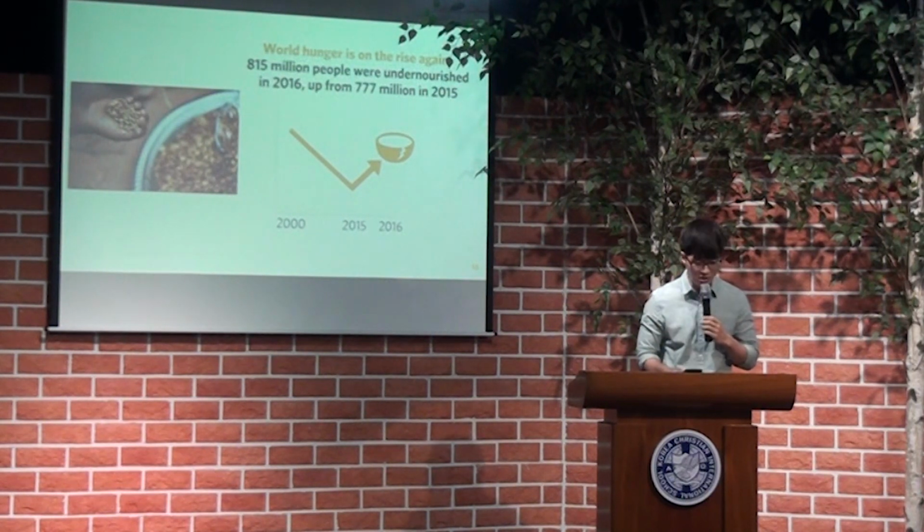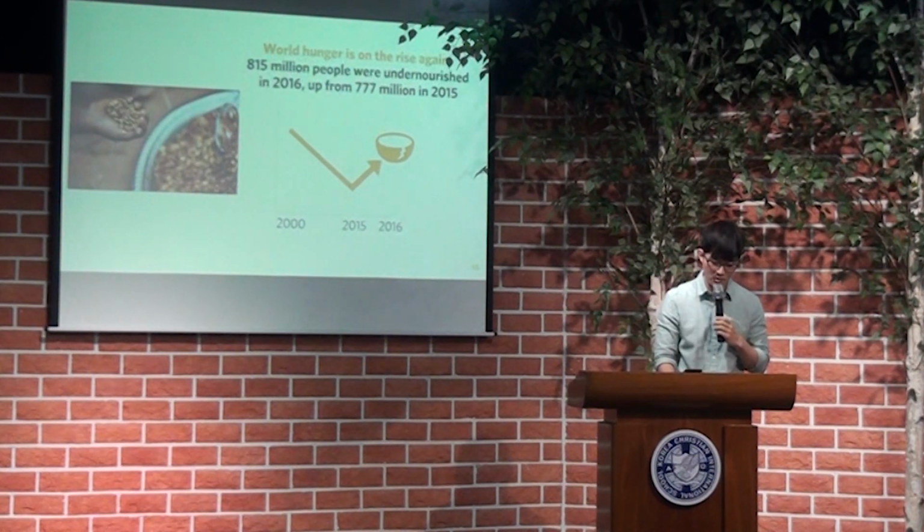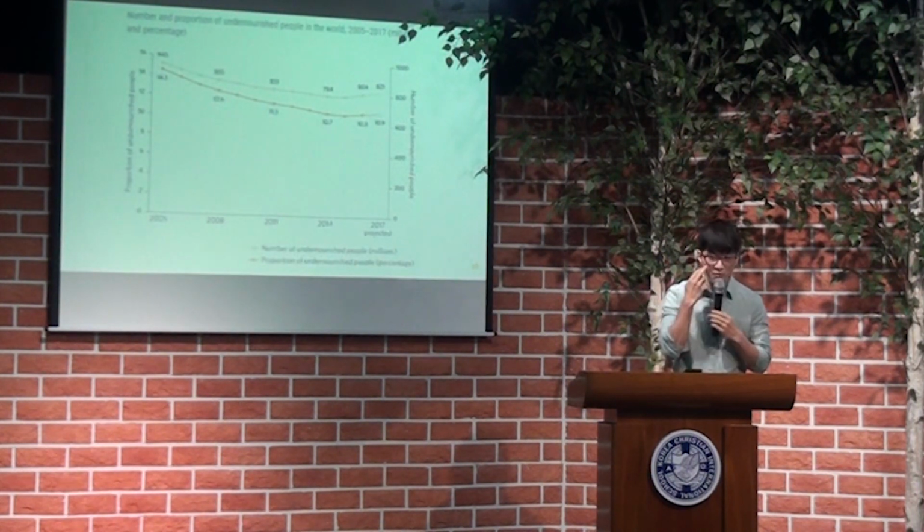And let's see, despite earlier progress, like I told you before, the number of people suffering from hunger has been on the rise since 2014. And between 2015 and 2016, roughly 40 million additional people were hungry. This is a very worrisome trend. Here's a closer look at that data. I don't know if you guys can see it in your workbook. An estimated 821 million people were undernourished in 2017. That is the same number as it was in 2010.